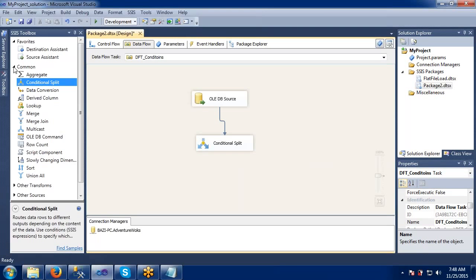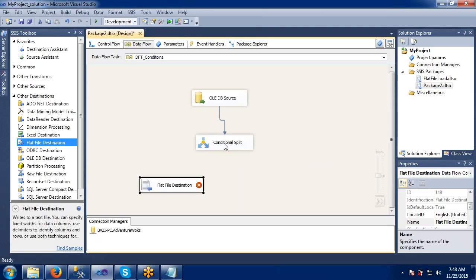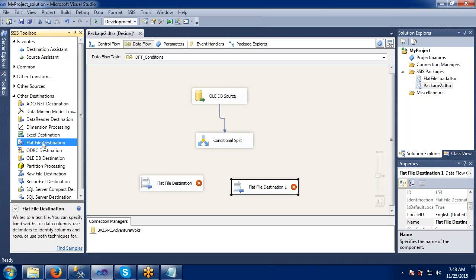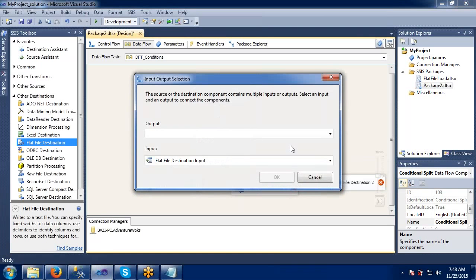Now specify our destinations. First, we are going to add three flat files here. Connect the first condition here. It is asking which condition you want to apply.